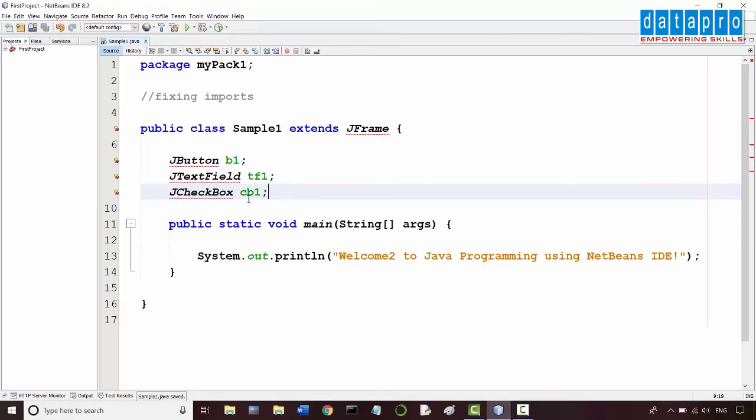Now notice that there are red underlines under these classes. Just think for a while what that could be. So they are nothing but compilation errors.